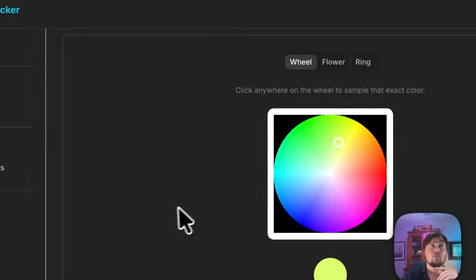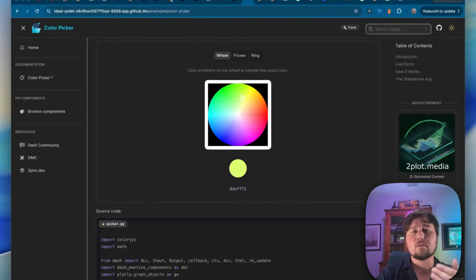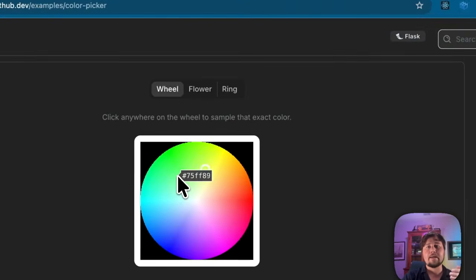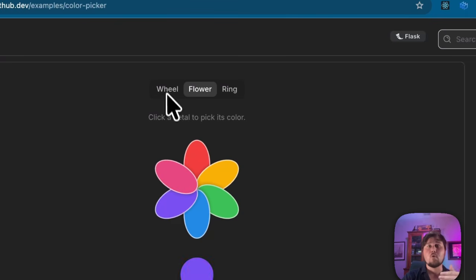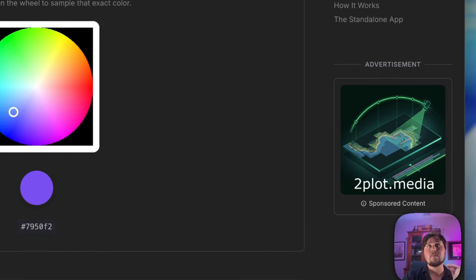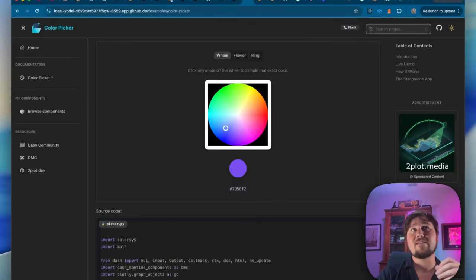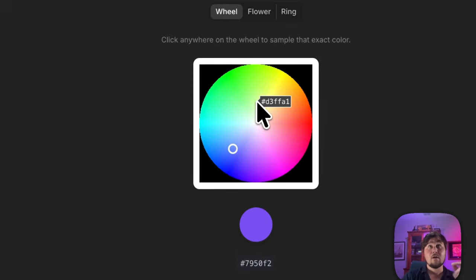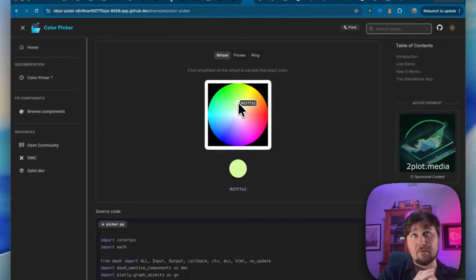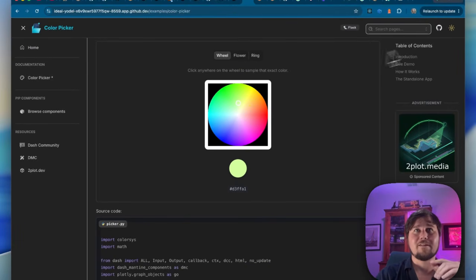So if we dive into what is this wheel, let's ask the question, why is the wheel lagging? Whenever I click on something, it takes a second, but for the flower, it's instant. What is happening here? Well, the problem is that the wheel is iterating through a JSON of all of the different colors that could be selectable. On every single iteration, it's basically requesting over 200,000 iterations on what is a 950 kilobyte JSON. So this is why this is a little bit slow.